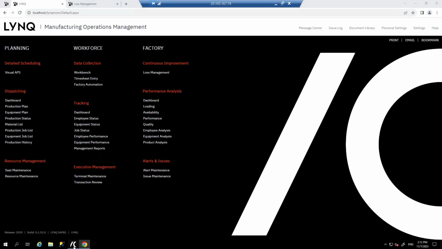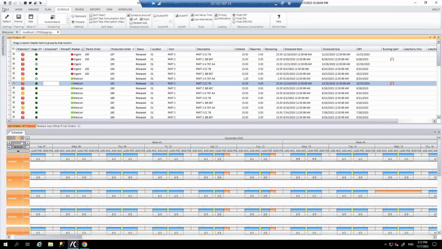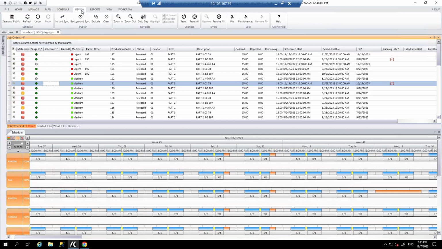So we're going to go into the APS just to take you around the screen really, so that you understand what you're seeing. Right at the very top, you're looking at the main menu, very easy to navigate and intuitive to use. This is the database that I'm connected with. So once this is installed, it connects with the database, and as soon as it's connecting to the database, it will automatically start to bring in production orders that you create in Business One.